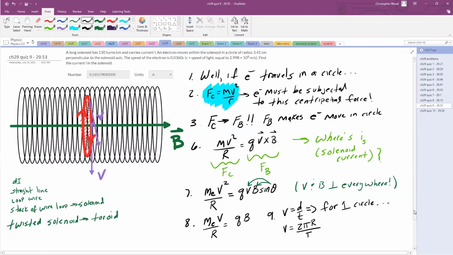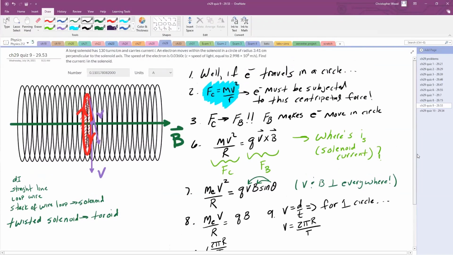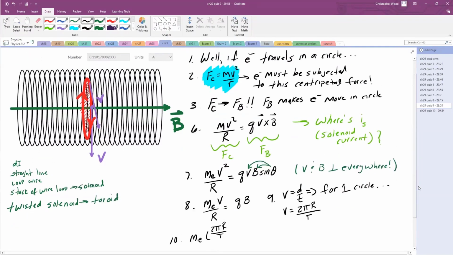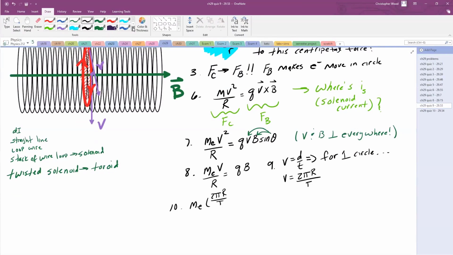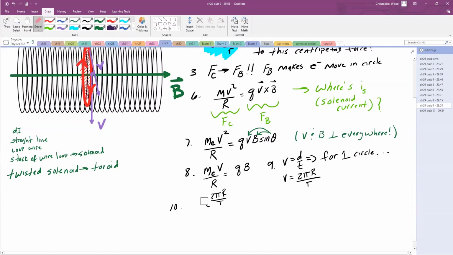All right, so I'm going to make that substitution. Number 10, mass of the electron times 2 pi r all over T. Oh, wait a minute, I didn't need to make that substitution. I keep forgetting that they gave us the velocity. Everything I said is true, and it might be useful in the future, but I don't think it's going to help now. So anyway,